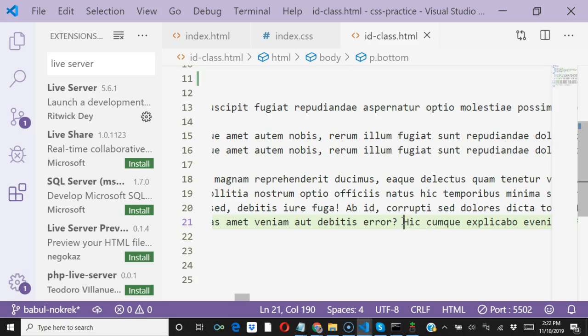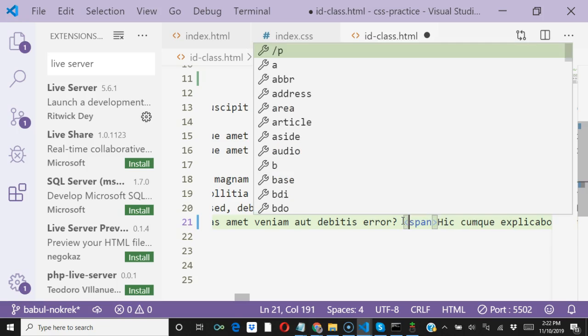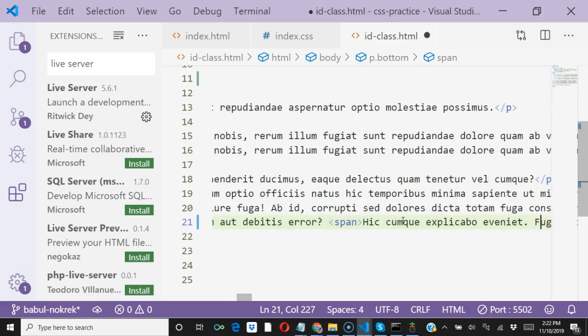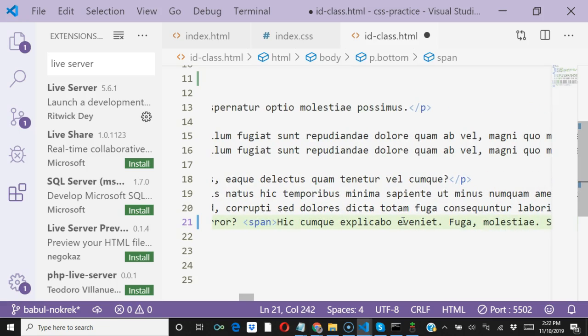Let's change it here and just write span, okay, and just take it, save it, and go to